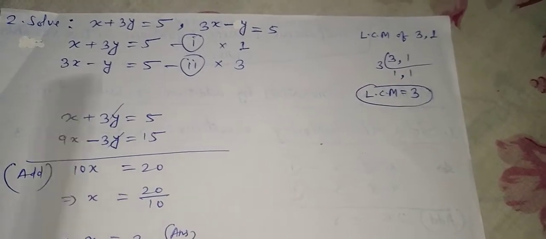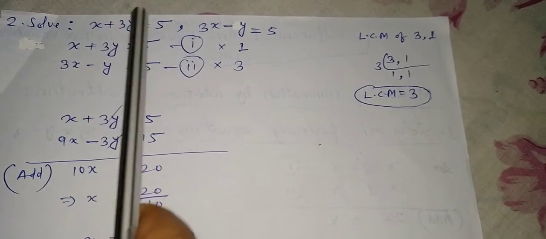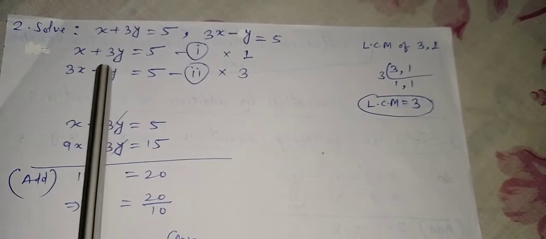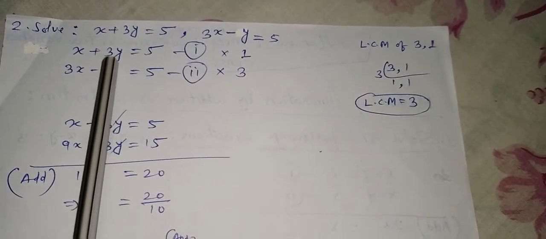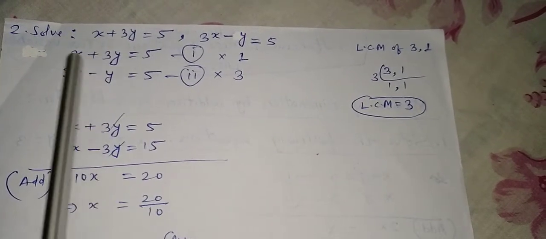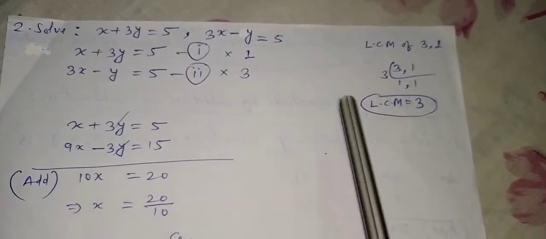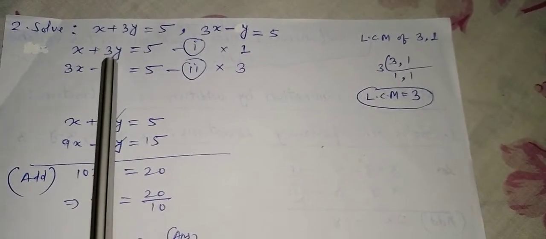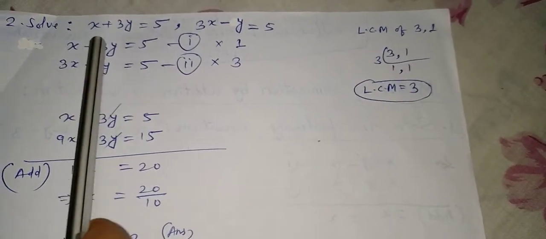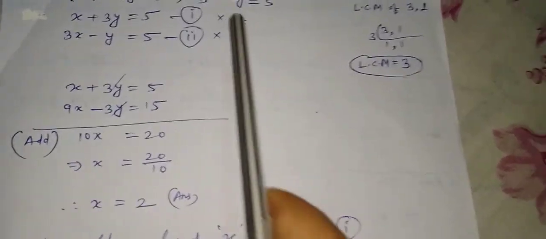Then I can cancel. So that's why when the variables and coefficients don't cancel by itself, we have to multiply this way. So this multiplication was done by targeting y. So to make both of them equal, I multiplied equation 1 with 1 and equation 2 with 3. And reason is 3 and 1. This is 3 and there is 1 here. So LCM of 3 and 1 is 3. That means in both places I can make it 3. So both places to make it 3, I multiplied this way.